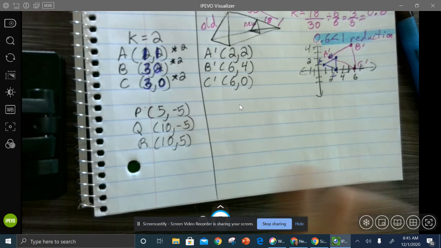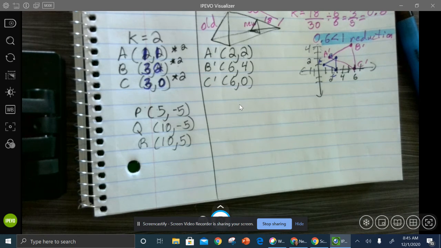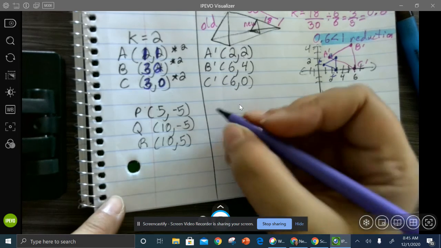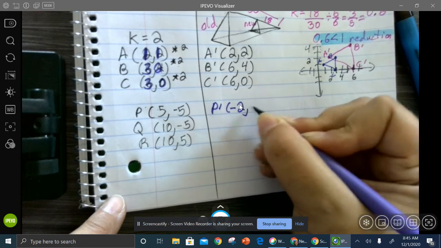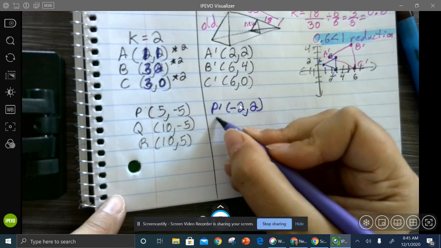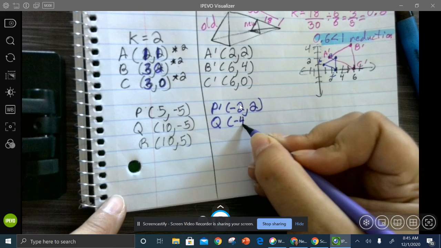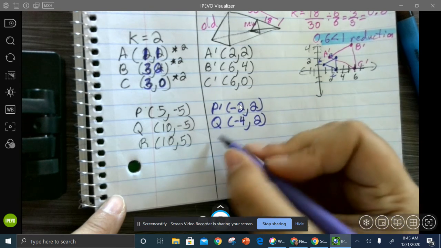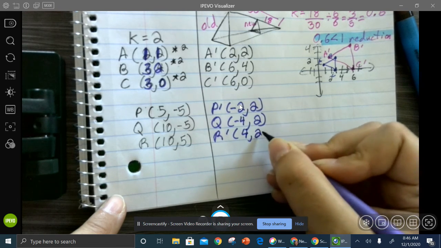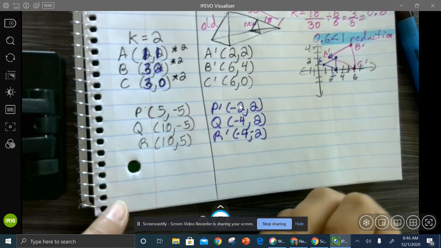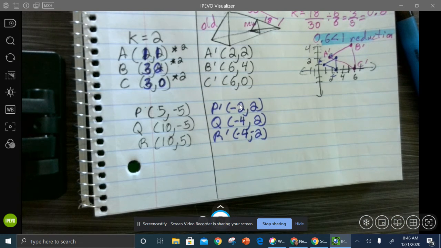Okay, so what we need to know, everybody, is we have our points, and at P prime, we have -2, 2. Q prime is at -4, 2. And R prime is at 4, -4, -2. Okay, so what we can do, everybody, is pick a point, because we need to